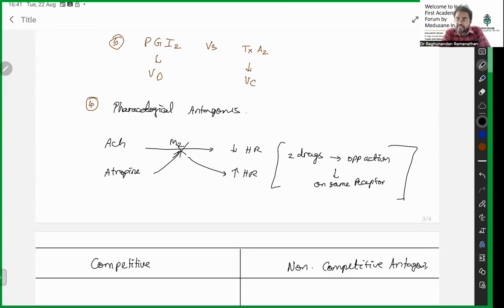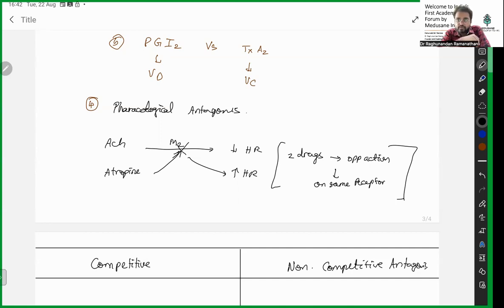Now tell me, if both are going to have competition, who will be selected by the girl? The boy who is showing more love, the boy who spends more time with her. That means when you increase the dose of love, when you increase the dose of time, you will get her. The same way you have drug A and drug B. If they are both competitive in nature, they are competitive antagonists.